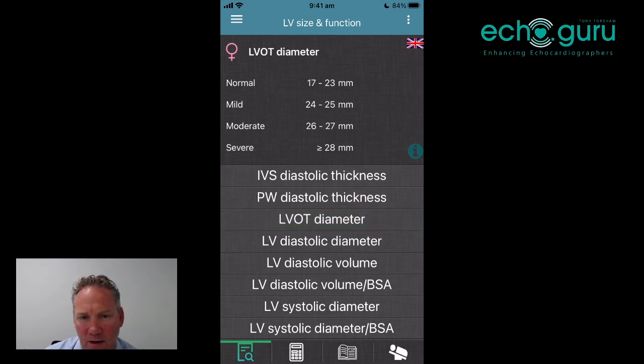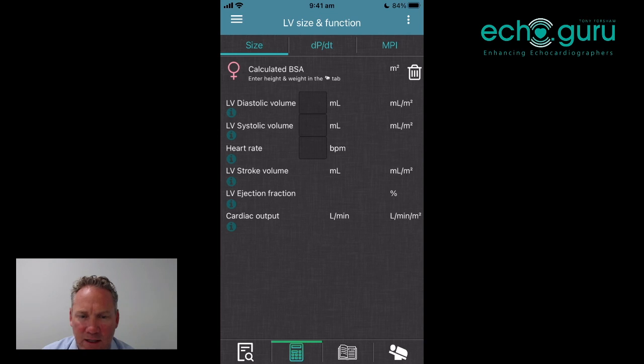And here we can see if we land on LVOT diameter, we've got the Union Jack flag in the top right hand corner, which denotes that these are the British Society of Echo guidelines. We can see the female gender sign on the left of the screen. So these are specific values for females. And if we want to see what the male equivalent would be, we can just press on that symbol and toggle between male and female. And that's a really handy feature. Okay, we can click into the calculator at the bottom,